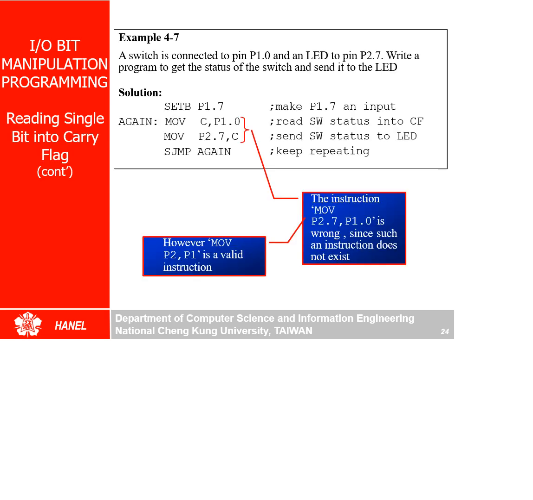This one, the bit P1.0, you are moving to C because you cannot use this instruction. This instruction is not valid. You cannot move a single bit. P1.0 you cannot move to P2.7. You can write move P2, P1 which is valid, but for a single bit it is not valid. So what you are doing, P1.0 you are moving to carry flag, then from carry flag you are moving to P2.7.